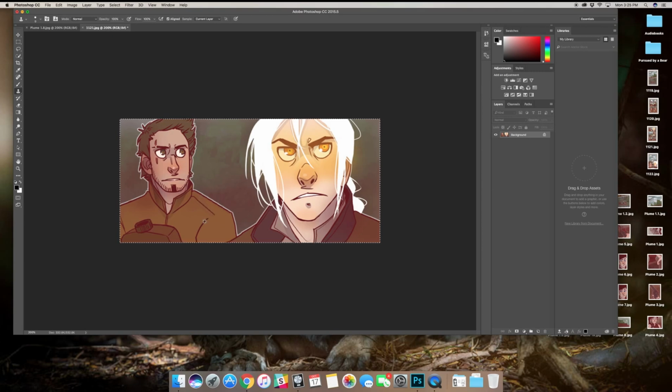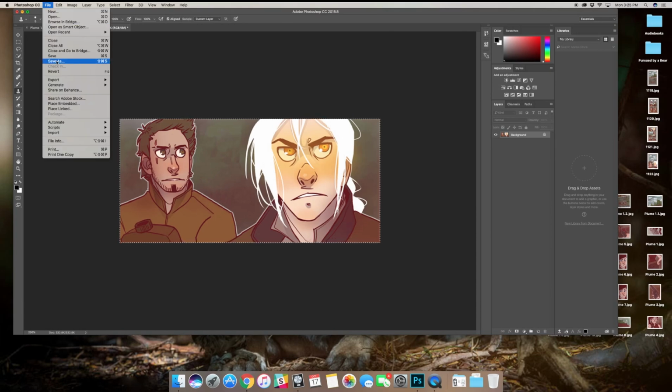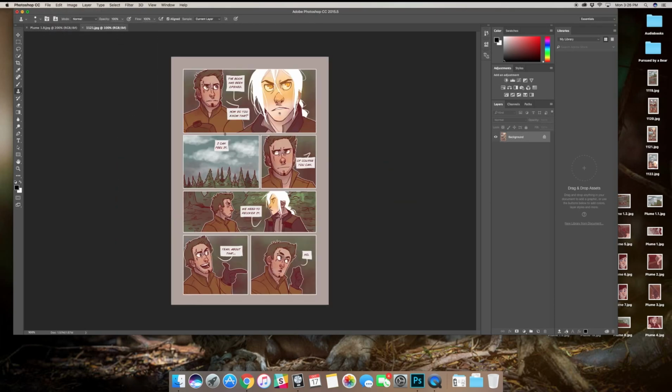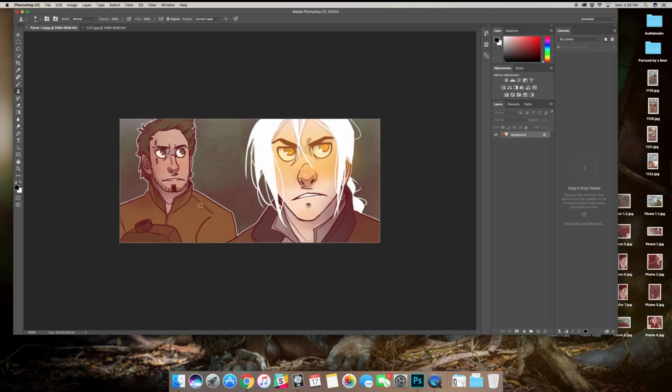And as you can see here, I attempted to extend the lines that are drawn onto Dom's clothes. There's a line on his shoulder and then a line coming up that kind of shows where his shoulder sits, and it was partially covered by the speech bubble. So I tried to extend those lines and tried to make them look good, but I'm not an artist, and extending them all the way just made it look really weird, and it didn't look right at all. So I went back and erased some of that and decided not to go that route because it just didn't